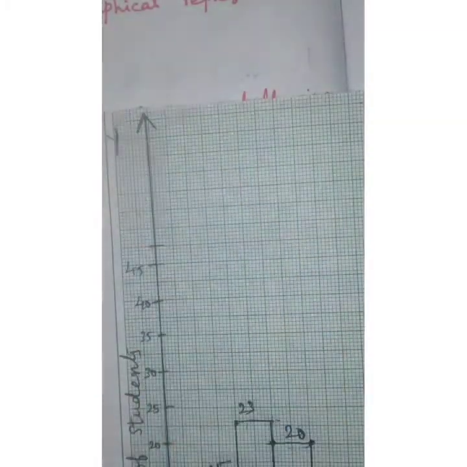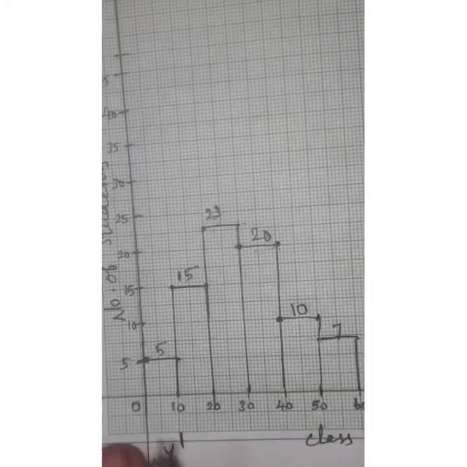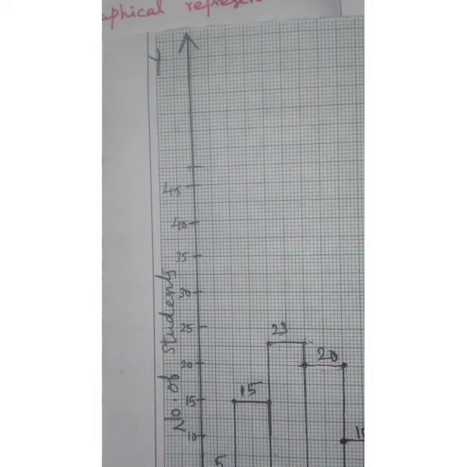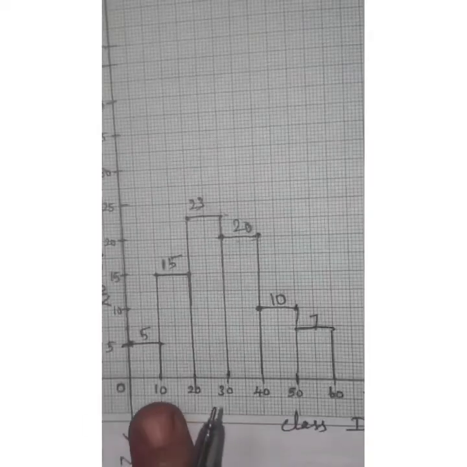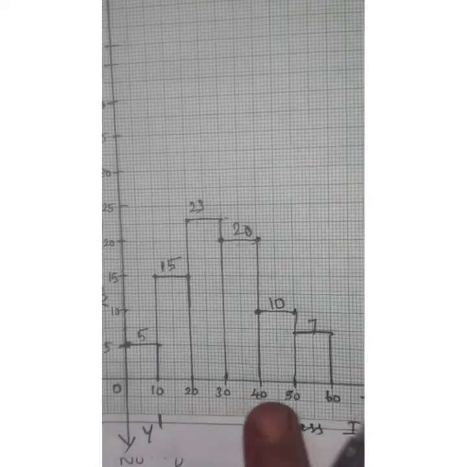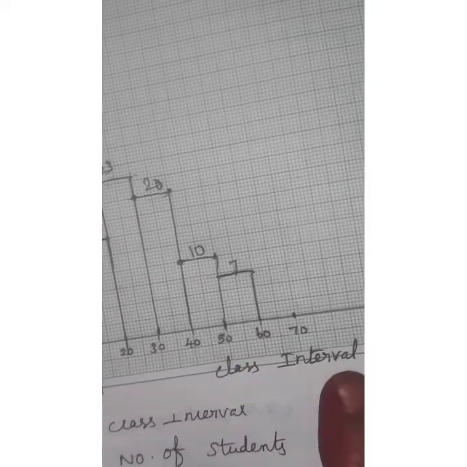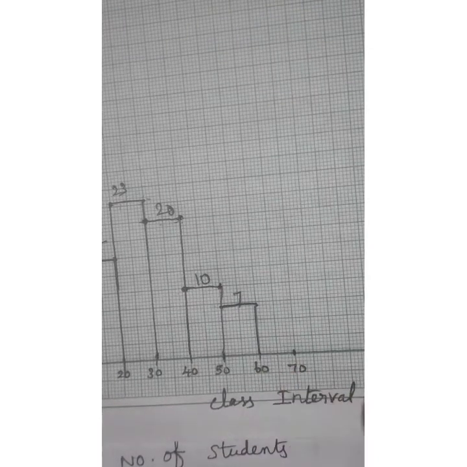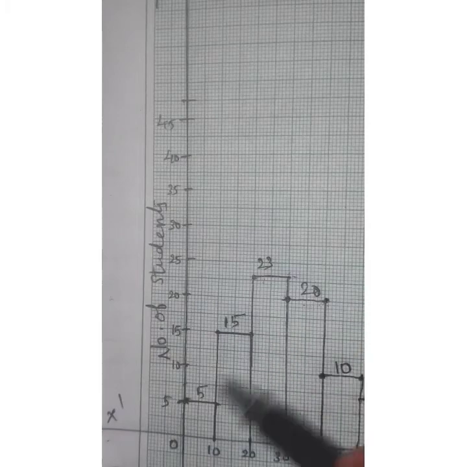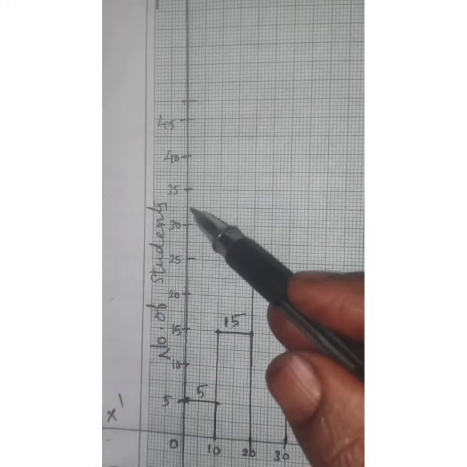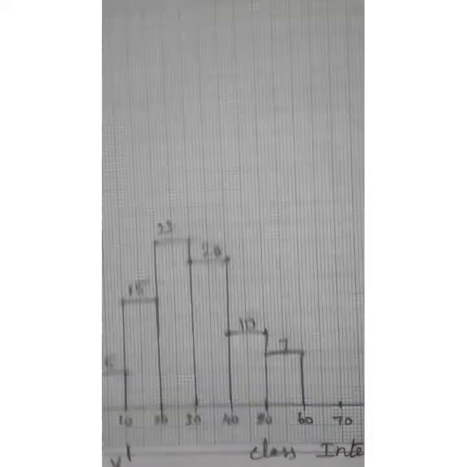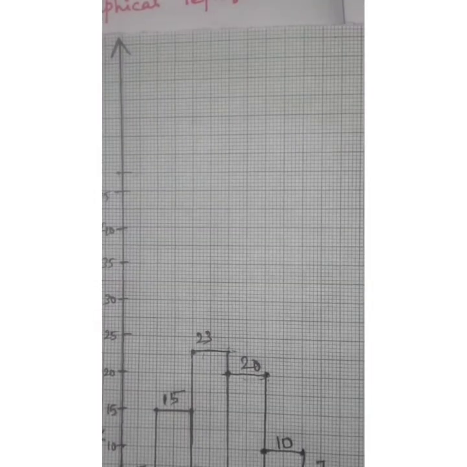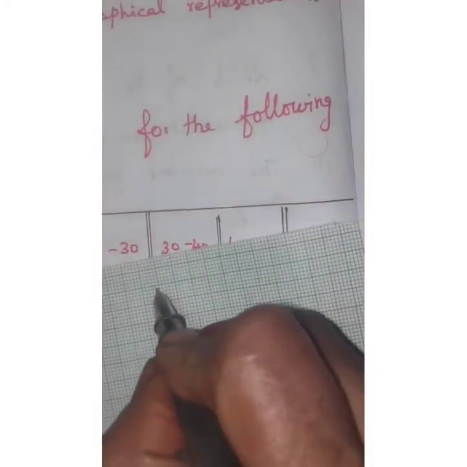So now your doubts are clear, no? First divide the graph. Write on the x axis x, x dash, y, y dash. Now here write the first class interval: 10, 20, 30, 40, 50, 60, 70, right after class interval. For 70 there is no point given, so mark it for no wrong. So write it, no problem. Next number of students: 5, 10, 15, 20, 25, 30, 35, 40, 45. So on one graph sheet, taking half, the first sum is completed. Here you write the scale.